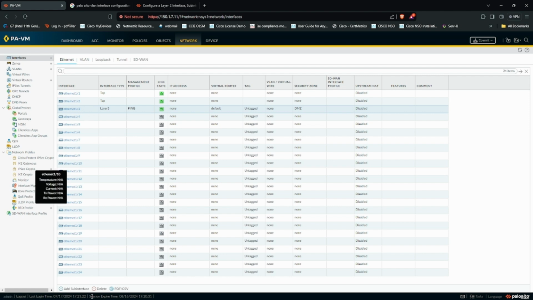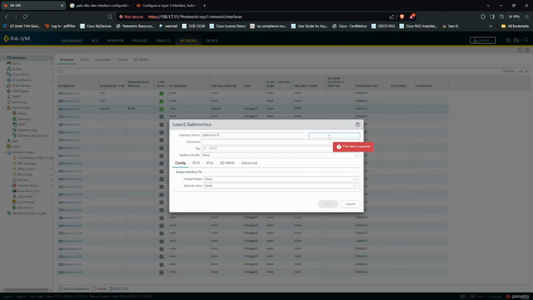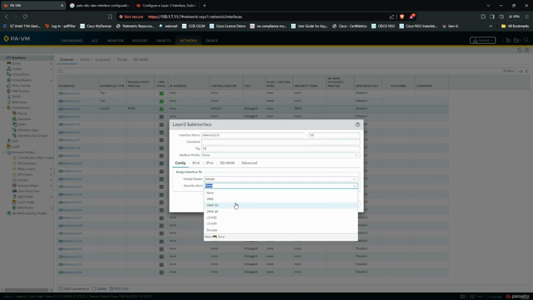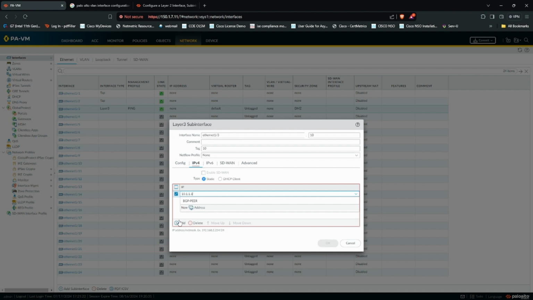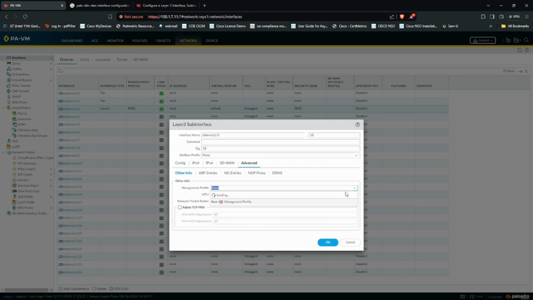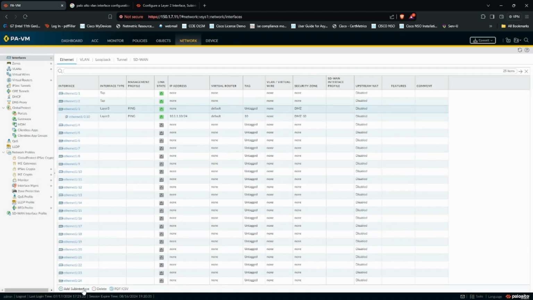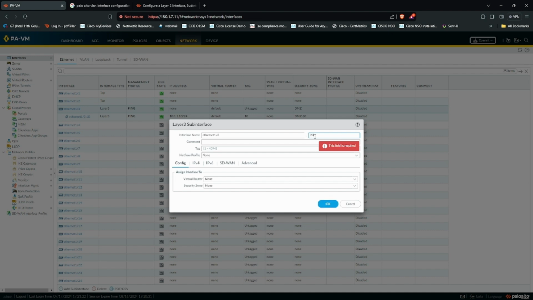Now selecting 1/3 subnet. Subnet will be number 10. Tagging will be number 10. Virtual router will be default. Zone will be DMZ10. IPv4 address will be 10.1.1.10/24, and I want to allow the management ping. Click on OK. Same thing, I will create one more sub interface for VLAN number 20, and I will select